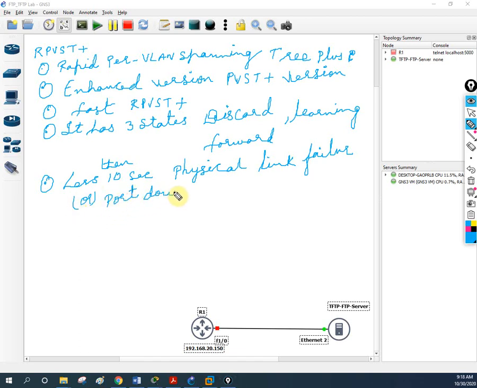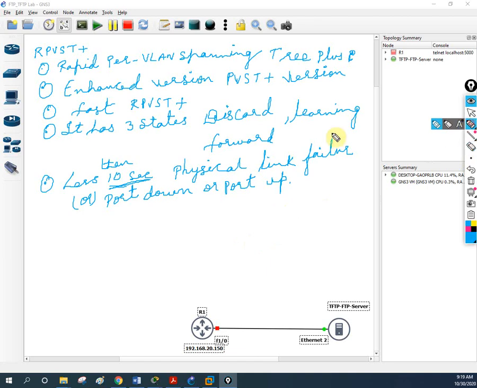In simple words, RSTP responds in less than 10 seconds. This is a main important point, whereas PVST plus and STP take 50 seconds or 30 seconds, if you remember. But here RSTP takes only 10 seconds or less than 10 seconds. You need to remember this one, the main difference between them.